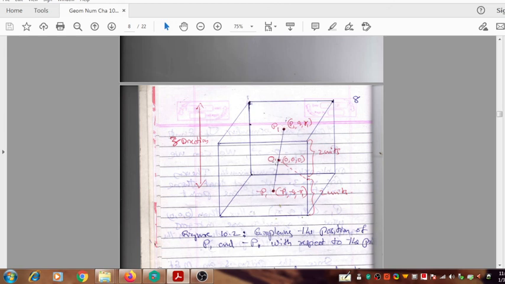If you measure the distance between P1 and O, that distance is measured in the opposite direction to obtain the geometrically opposite point of P1, which is written here